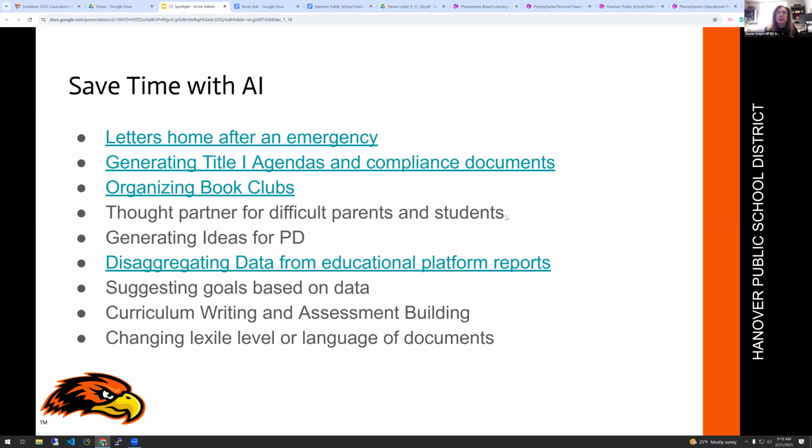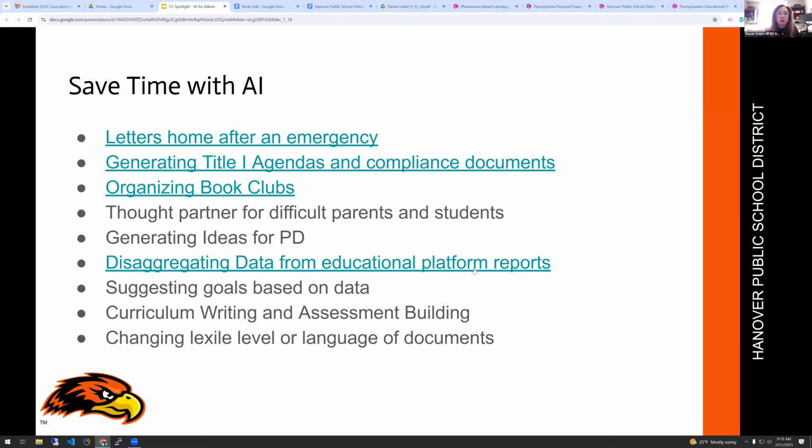Also, if you have a student, of course, you're not going to use any student names, if you have a student that is struggling with their behavior, put in the characteristics that you're seeing and ask what might be some antecedents for that, so that you can get some ideas. I also use it just to generate ideas for PD. What are the tabletop exercises that we're doing surrounding a particular piece of PD? And then this one,